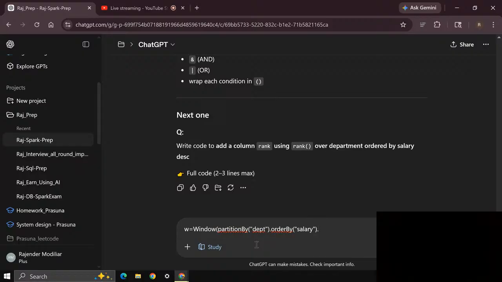Default is ascending, so that will be fine. I think default ascending is good, because when I order by salary it will go within each department. I think the window is good.